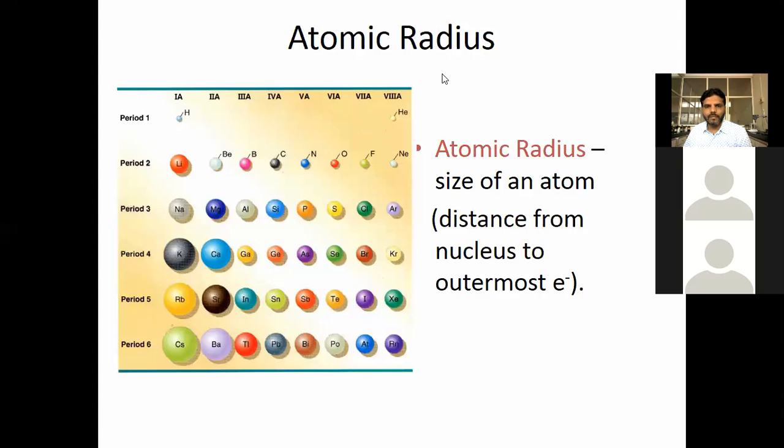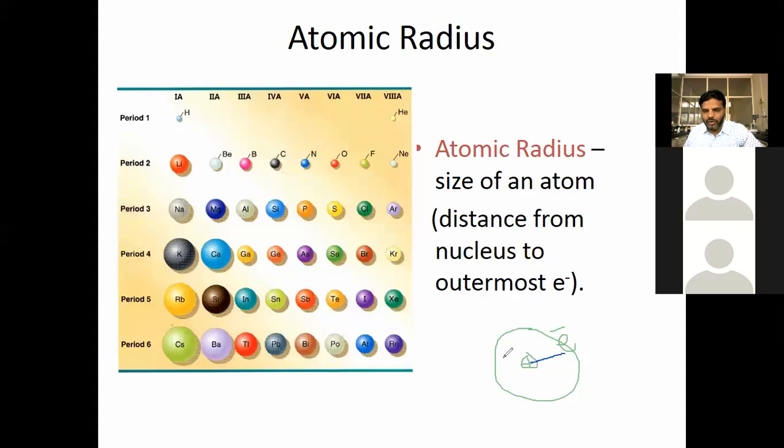The distance from the center of the nucleus towards the... So suppose it is the nucleus, it is having proton and neutron, and suppose here it is the shell. So this shell consists of electrons. So the distance from the center of the nucleus toward the valence shell is known as the atomic size. Now I will tell you what is atomic size. This is what I have drawn by the blue line. The distance from the center of the nucleus toward the valence shell electron, or the distance from the nucleus to the